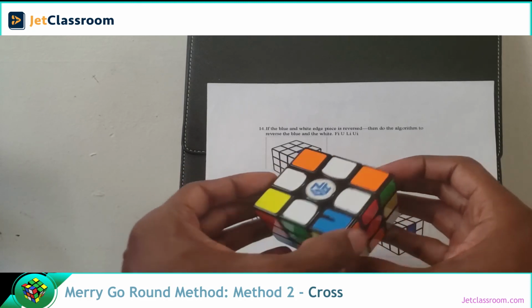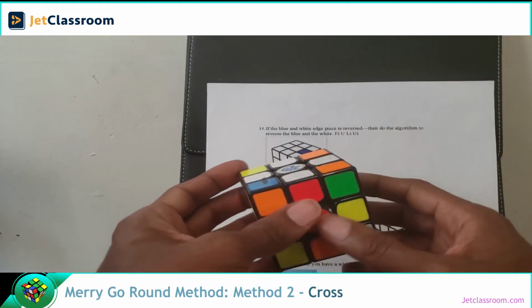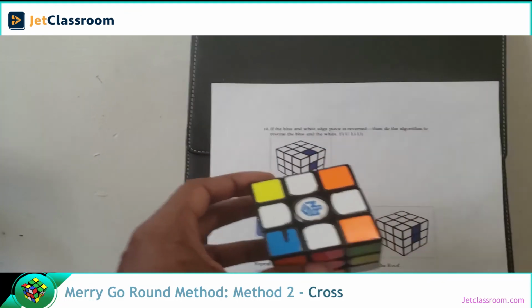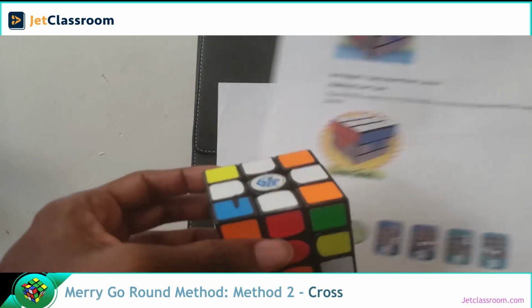Okay, that's it for this section. The next section we'll learn how to fill in the corners of the Rubik's Cube. So the next section, just so you know,